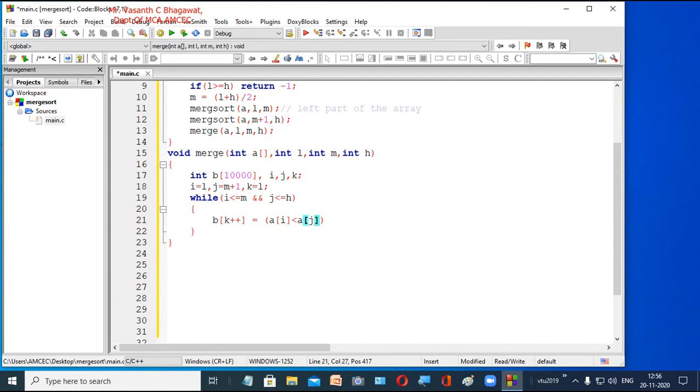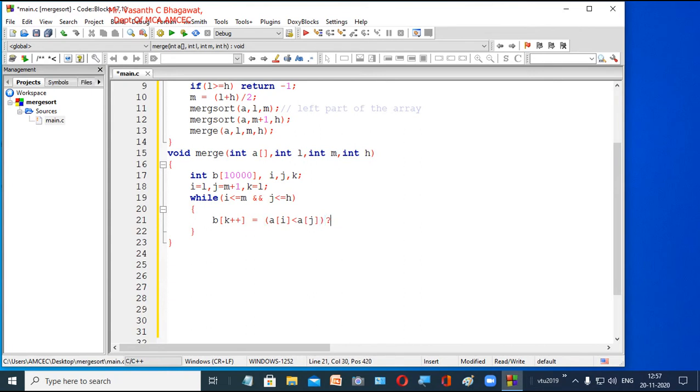I corresponds to the left part of our array, J corresponds to the right part of our array. If the first element in the left array, compared with the first element of the right array, is less, so what are you going to do? Question mark. So take care with the brackets. I think we have used another extra bracket. Now you can see here, since I have put an extra bracket, as soon as I click on this, it comes in red color. That is the beauty of our code blocks. Red color indicates that some extra brackets are given.